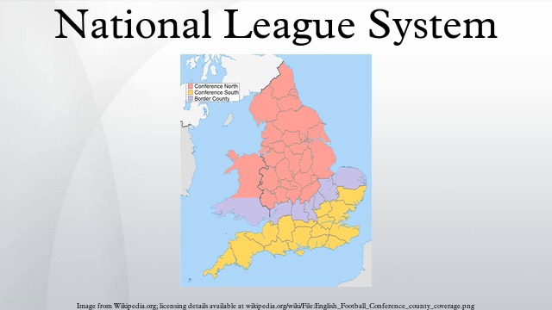The National League system comprises the 7 levels of the English football league system immediately below the level of the Premier League and the Football League. It contains 91 league competitions and more than 1,600 clubs. It comes under the jurisdiction of the Football Association. The National League system has a hierarchical format with promotion and relegation between leagues at different levels.